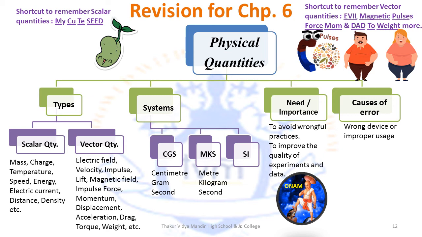Now, there are two main causes of error that can take place while measuring. The first one is either you use a wrong device or a faulty device for measuring something, or you use the device in an improper manner, or you tamper with the device, or the usage of the device is improper because of less knowledge. So you won't know how to take the readings or properly measure something, so the data you receive will be wrong and hence your measurement will be wrong.